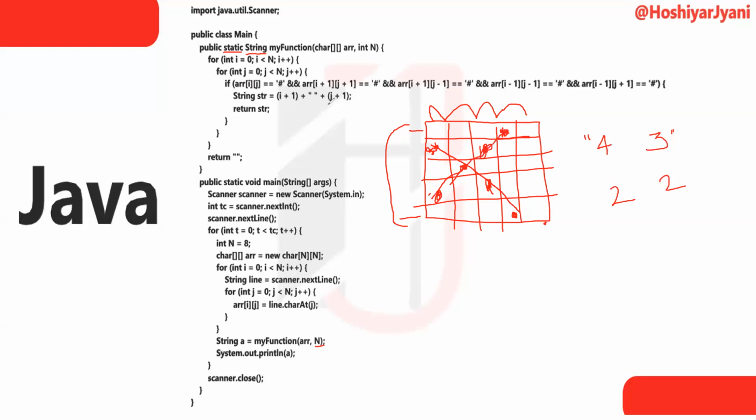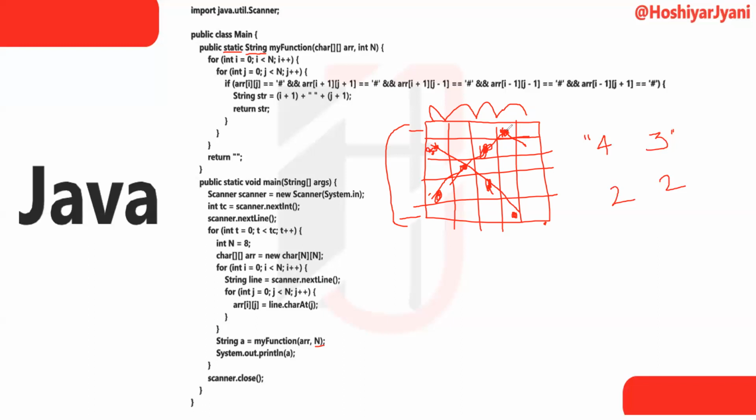So how can we find out? If our array of i is equal to hash, so here we are coming, there is no hash present here, no hash present here, but here a hash is present. Okay. So guys, we can check like that at this position, diagonally on this side, whether any hash is present. So no, there is no hash present. On this side, yes, definitely. And on this side, it is out of the boundary, so we cannot go further like this, and we cannot go this side because there is a boundary present.